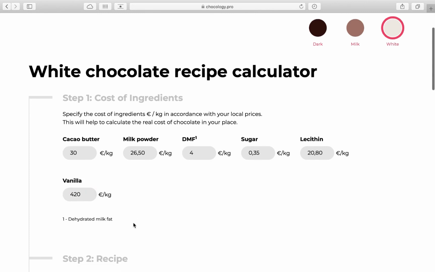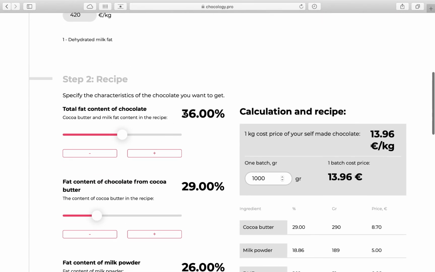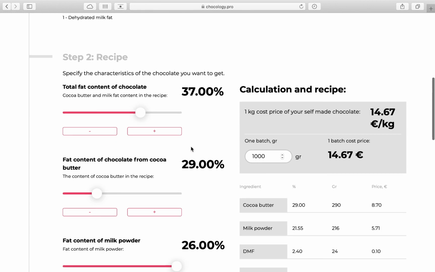The first parameter is the total fat content of the chocolate. This is again the content of both cacao butter and milk fat in the recipe. As an example, we will set 37%. The fat content of chocolate in cacao butter, I can indicate its minimum 25%, but also the total fat content is immediately regulated. If I initially set 38% of fat,